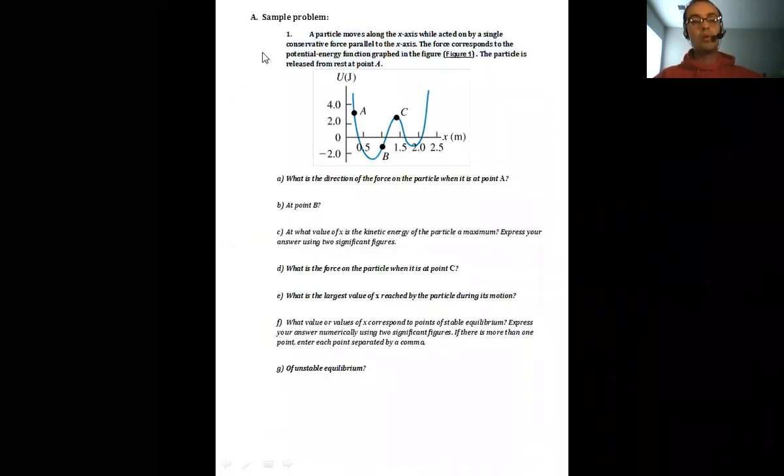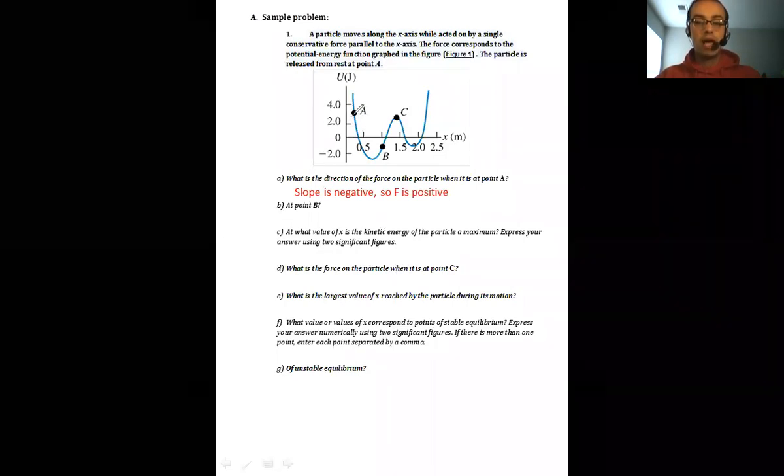Okay, so let's take an example of a particle moving along the x-axis when acted on by a single conservative force parallel to the x-axis. The force corresponds to the potential energy function graphed in Figure 1, and the particle is released from rest at point A. So what is the direction of the force on the particle when it is at point A? The slope here is negative,